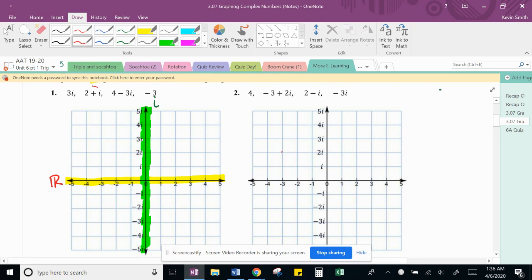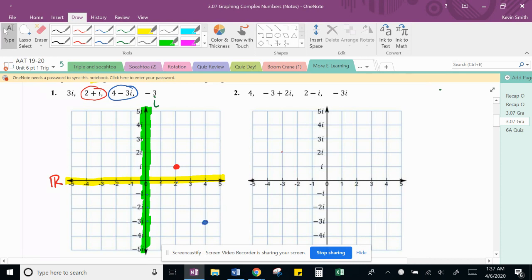So if we wanted to graph something like 2 plus i, we'd go 2 on the real axis and 1i on the imaginary. That would be 2 plus i. If we wanted to graph something like 4 minus 3i, we'd go 4 on the real, negative 3i on the